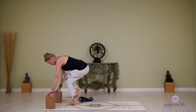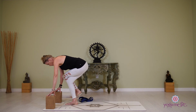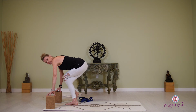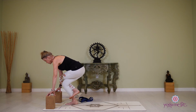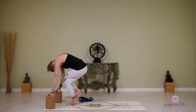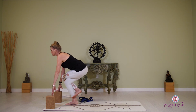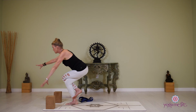If you can hook your foot behind the calf, hook your foot. If not, just bring the foot to the outside of the right shin. Or you can keep your toes of the left foot on the ground outside the right ankle. So work on what feels right for you and what you're able to access. Once you release the seat back, round into the belly and get the belly and ribs to move into the back body. And then slowly start to lift the arms forward,